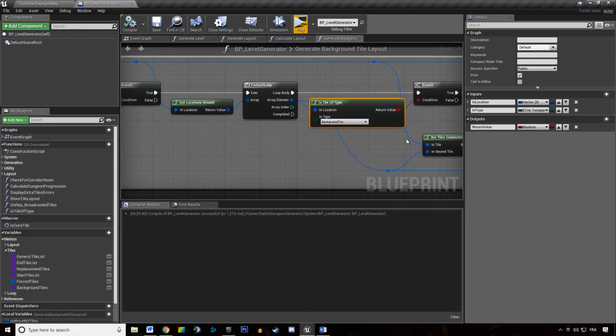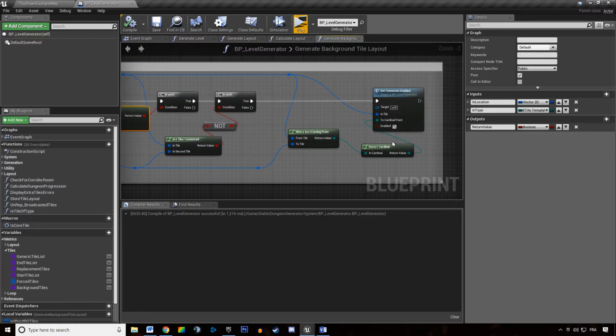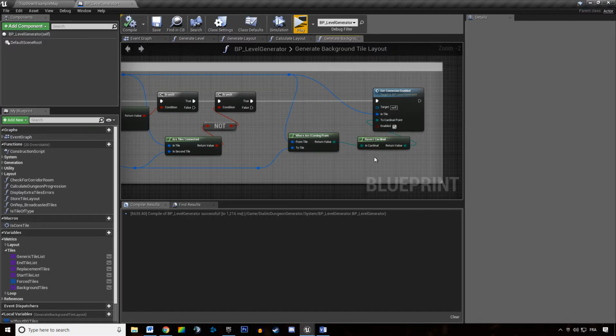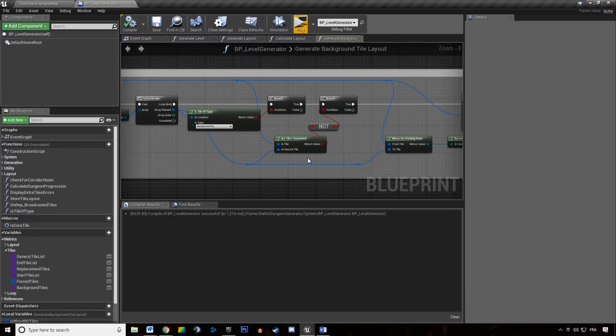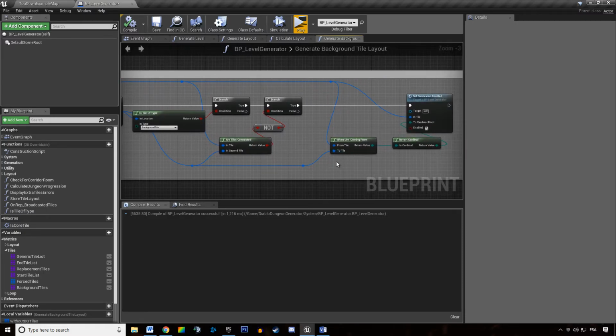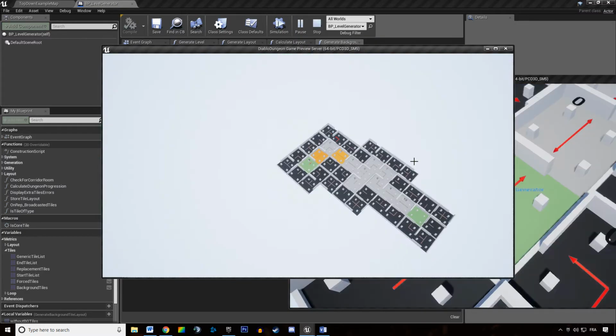We are checking if both are connected. If they are not connected, we are connecting them. Maybe we need to plug that and do not revert the cardinal. If I'm hitting play,